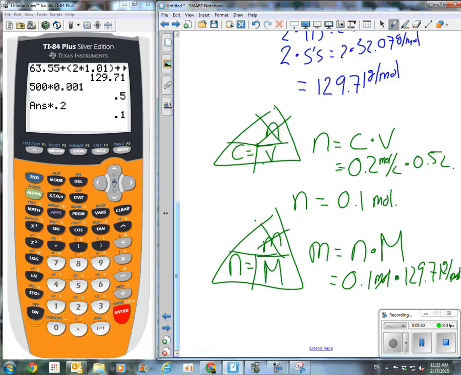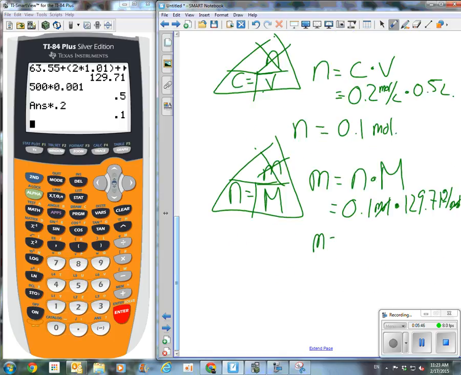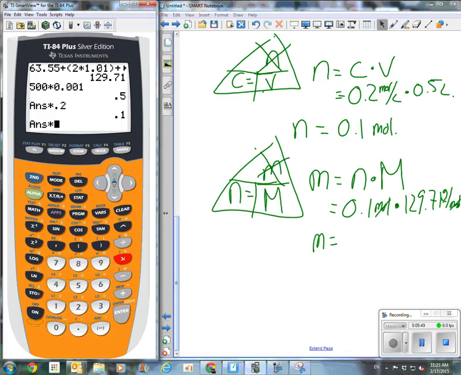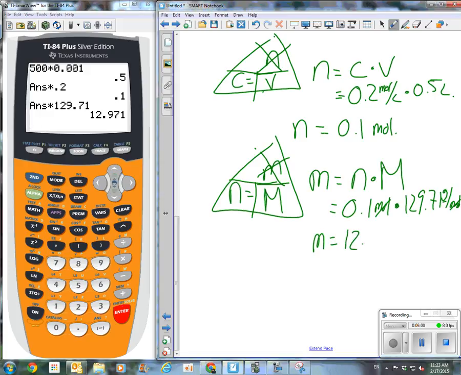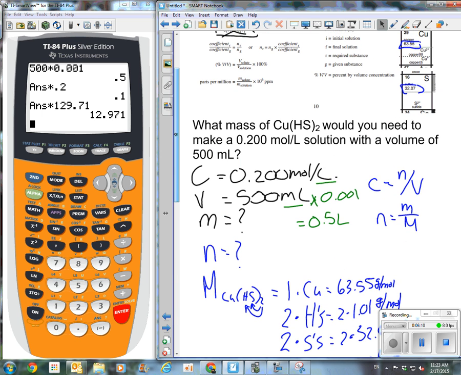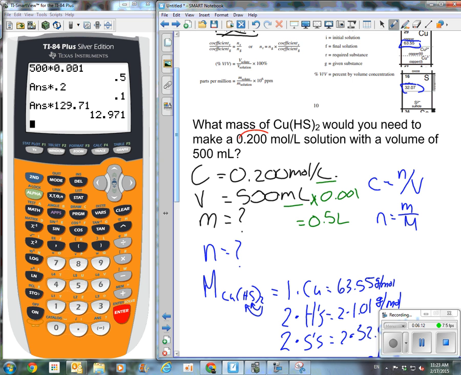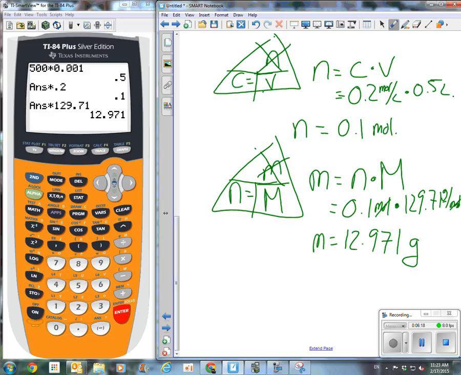I'd be left with grams. That makes sense to me for a mass. So mass is equal to 0.1 times 129.71, and in my calculator I can go up until I select this number, press enter again. There I get 12.971 grams. Now I need to look up and see how many significant figures I can use. Going back to the top of the question, here I've got 3, here I've got 3. So I can only report to 3 significant digits: 1, 2, 3. This rounds up, so it's going to end up being 13.0